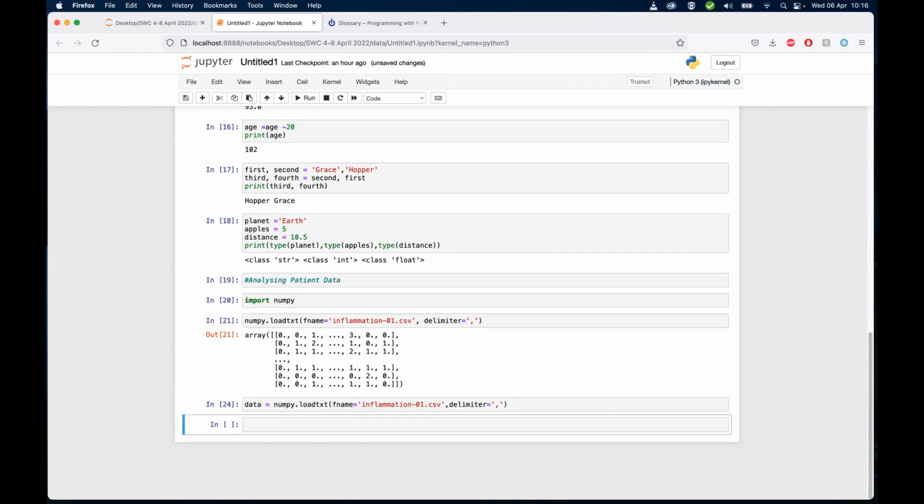There you go. Okay, so now data is assigned that array. So that array data has the value of that array. So if you print it out,